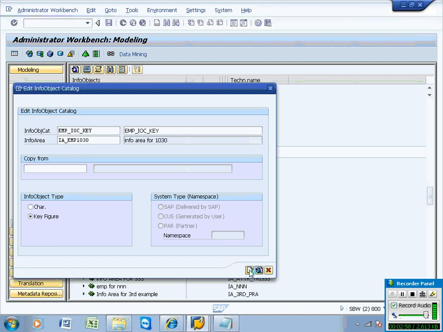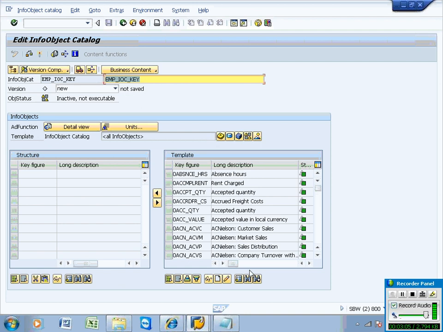Folders are just to organize your BW system. Apart from that, there is no concept. But info areas are also folders, and you can make use of those folders for authorization purposes. Say if you are an SD manager and you would like to see reports on top of all SD info queues, you will keep all SD info queues under the SD info area, and that info area will be assigned to your role so that you can see all info queues and all reports on top of the info queue. Using only the info area assignment, you can have wide open access.